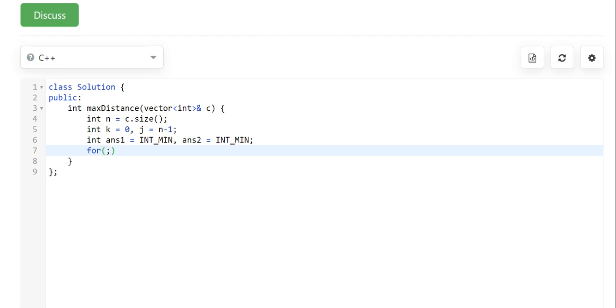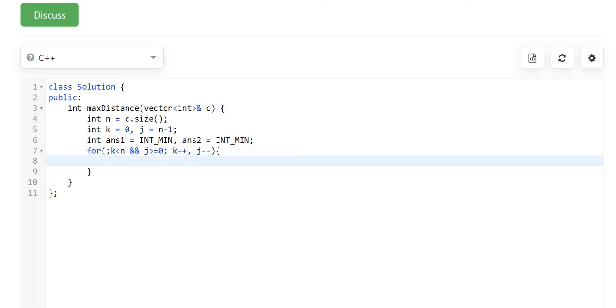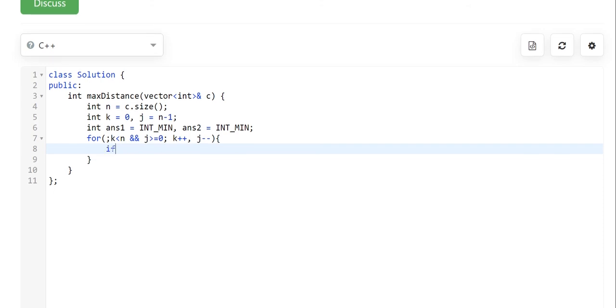As we have initialized both variables, writing the condition: variable k should be less than the size of the array, and variable j should be greater than or equal to 0. The k is going from the starting to the ending, so k should be plus plus and j should be minus minus. After that, we have to check the if condition.